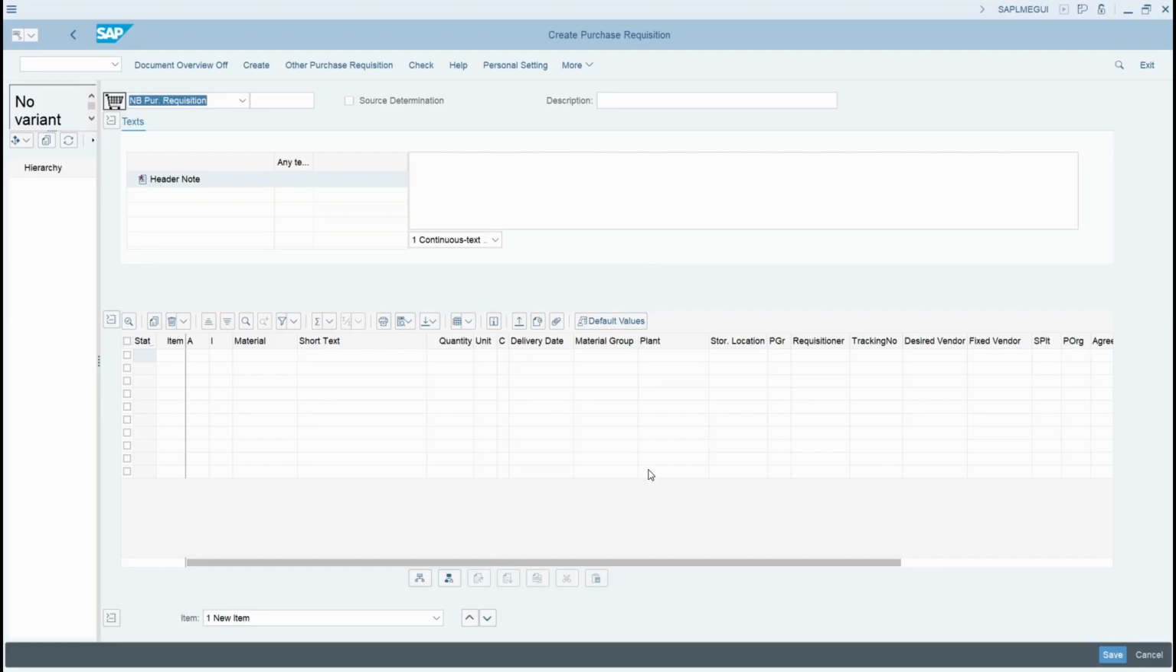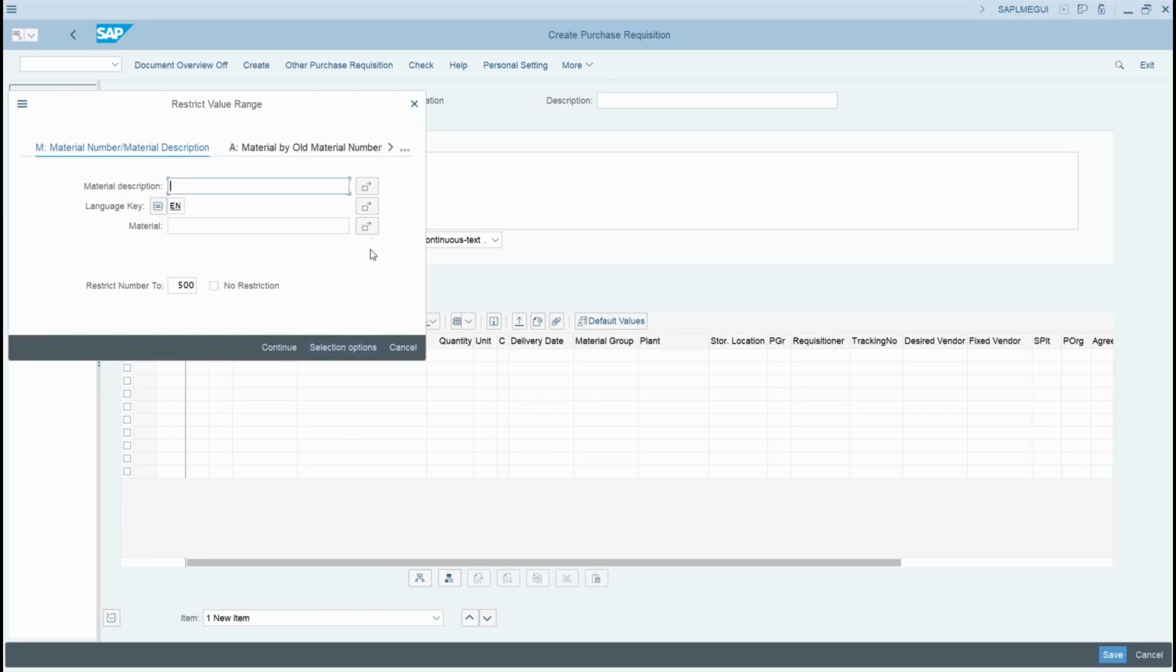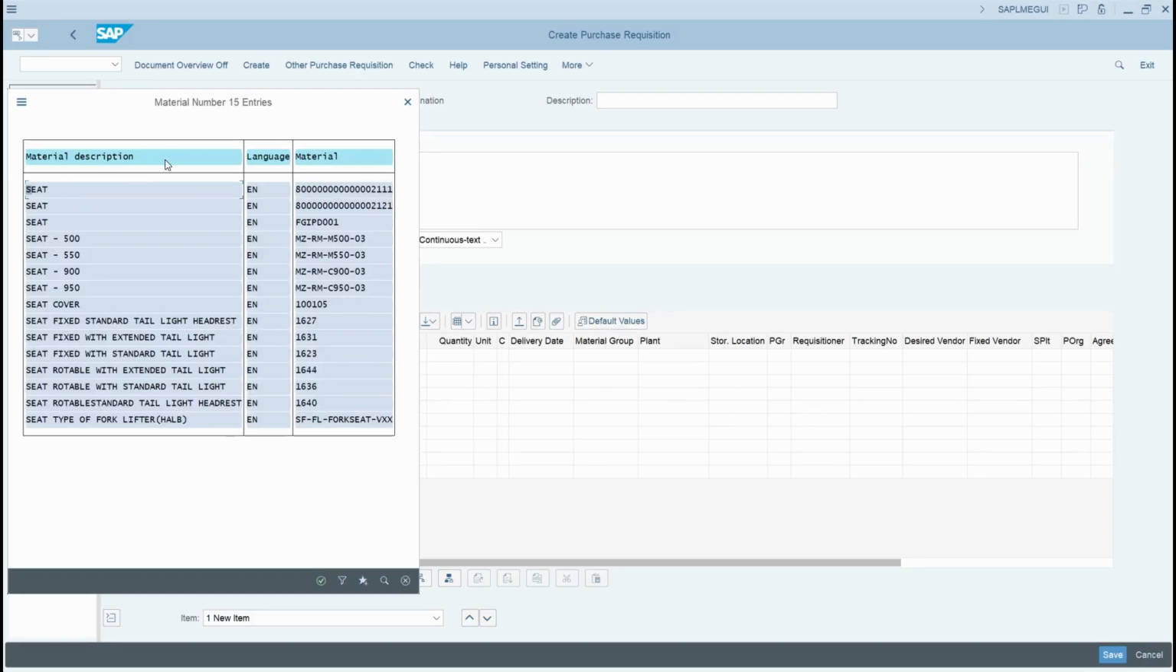Needless to say that this is not the same situation in GUI because, for example, if I try to search this material in GUI, I would have to go through several pop-up windows, and the material description would have to be somehow more exact for the system to identify the material that I'm searching for. So you also know that we use this asterisk for partial descriptions, but yeah, this is time consuming,